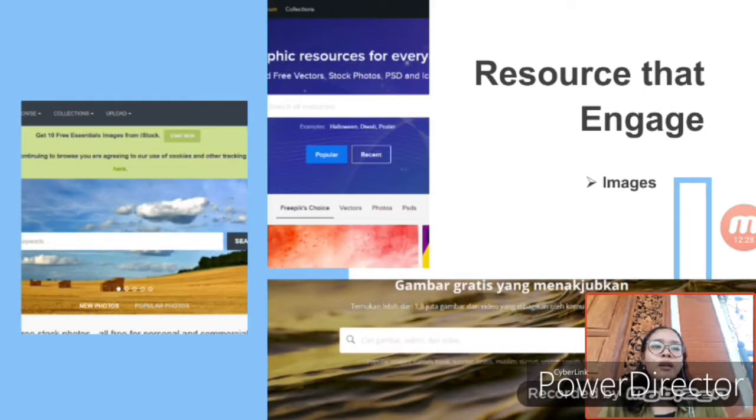Next, images such as photos, screenshots, charts, graphs, and illustrations, which include a variety of relevant multimedia to support learning. In this slide, there are some websites that provide free features like Pixabay, Pexels, and then Google. The next,